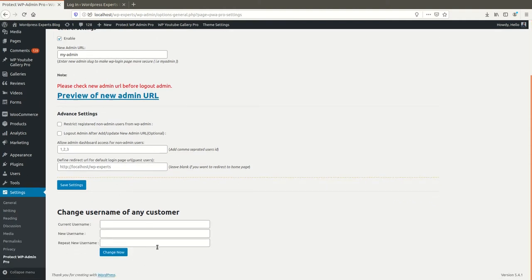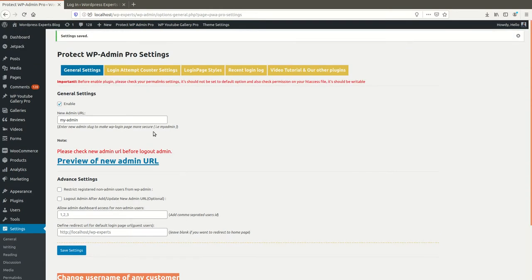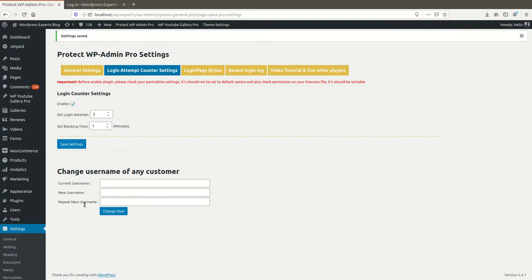This one is to change the admin username. If you want to change your existing username, in that case you can update your existing user here. And login attempt counter, here you can update the setting as per your need, like if you want to give 5 attempts to login into admin, and choose a 10-minute blocking time.